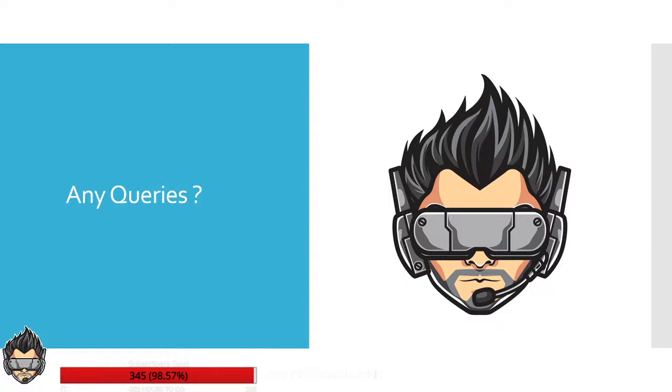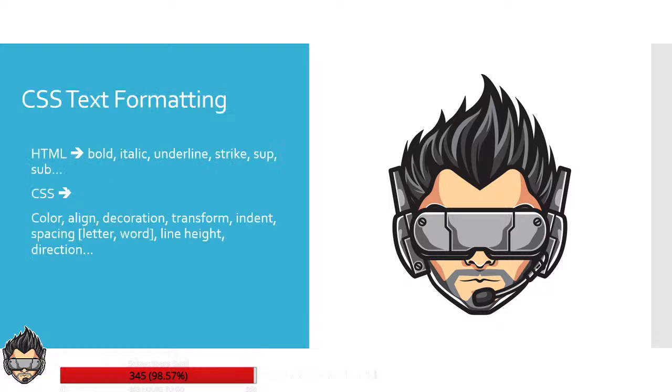So assuming that there are no more doubts, let's jump on to the next concept, that is CSS text formatting. So in HTML text formatting, what we have? Something like bold, italic, underline, strike, superscript, subscript, and so on, right? So we need to make sure we try that using the CSS as well. For CSS, normally for HTML, these things are like different decorations, right? For normal text to be converted as a bold, to convert it as italic or underline, these are like